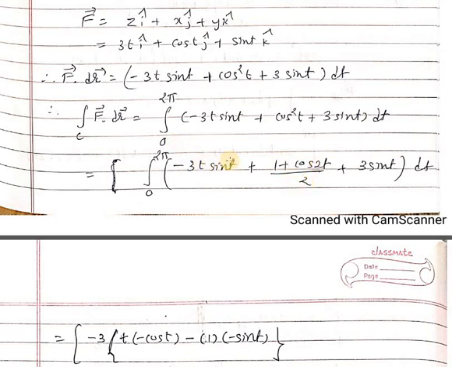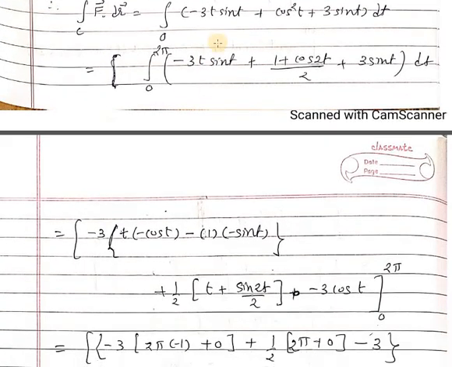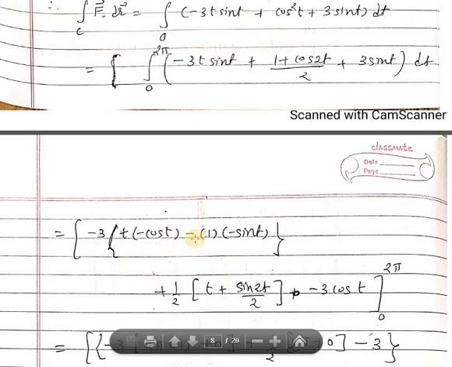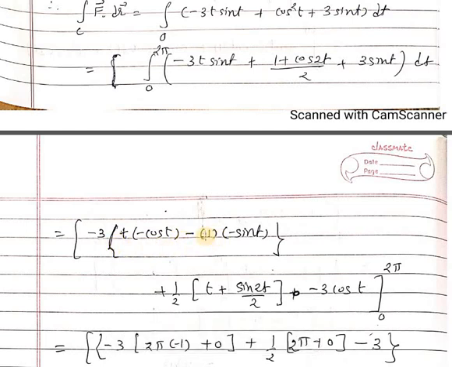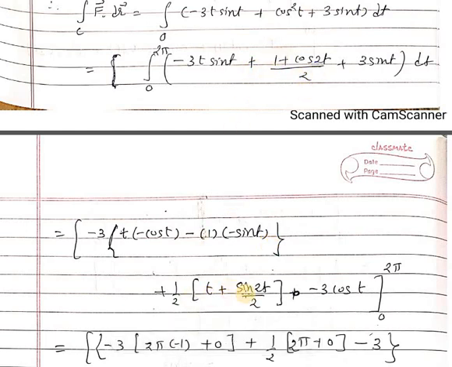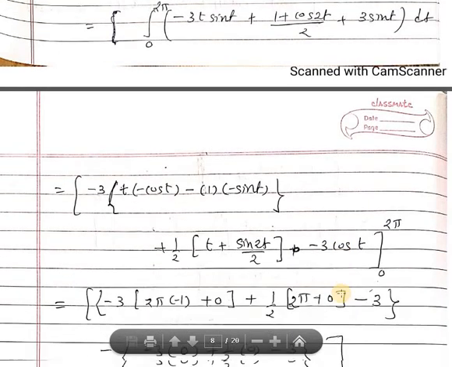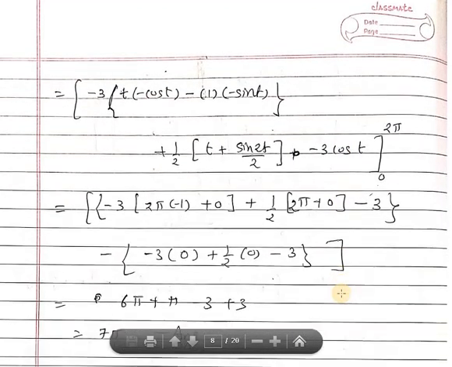Here we are applying the integration by parts. So t as it is, integration of sine is minus cos, minus derivative of t is 1, and again second integration of cos will be minus sine, then 1 has a derivative 0, so it is completed here. Here 1/2 taken out, 1 has an integration t, cos 2t has an integration sin 2t upon 2, and sin t has an integration minus cos t, and the limit is from 0 to 2π.